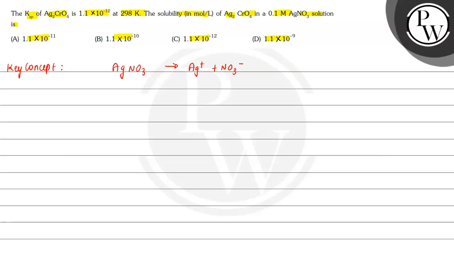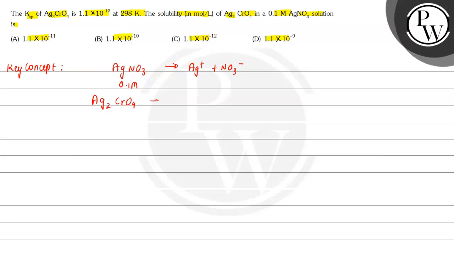AgNO3 is given as 0.1 molar concentration. When we add Ag2CrO4 in AgNO3 solution, then what will happen? The solubility of this salt will decrease due to common ion effect, as here we have